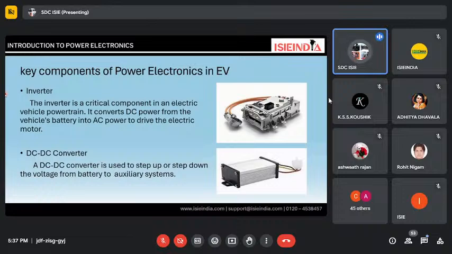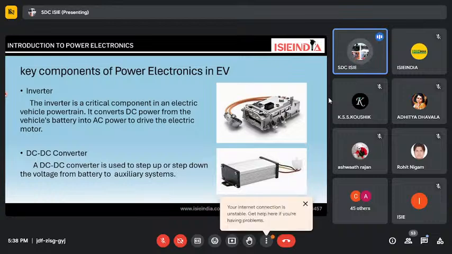That concept, buck converter or boost converter, is basically changing the voltage levels. A boost converter can step up the voltage at the output side, and a buck converter can step down the voltage at the output side. Basically, we use buck converters in two-wheelers and three-wheelers. In the four-wheeler, we also use